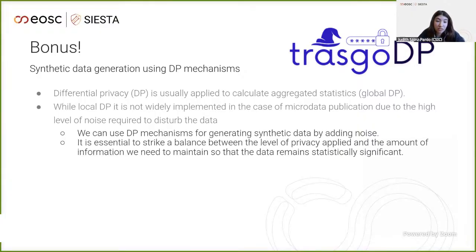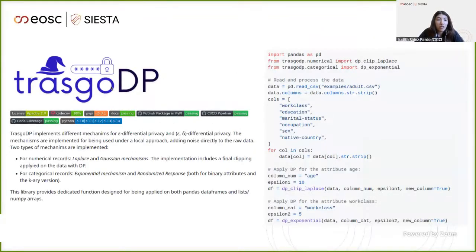So, of course, it's essential to strike a balance between the level of privacy that we want to achieve and the amount of noise that we need to maintain so that we have data that is significant. And we observed a lack of open tools for this purpose, specifically written in Python. So we implemented TrustGoDP, that again can be installed via pip install and so on and so forth, and